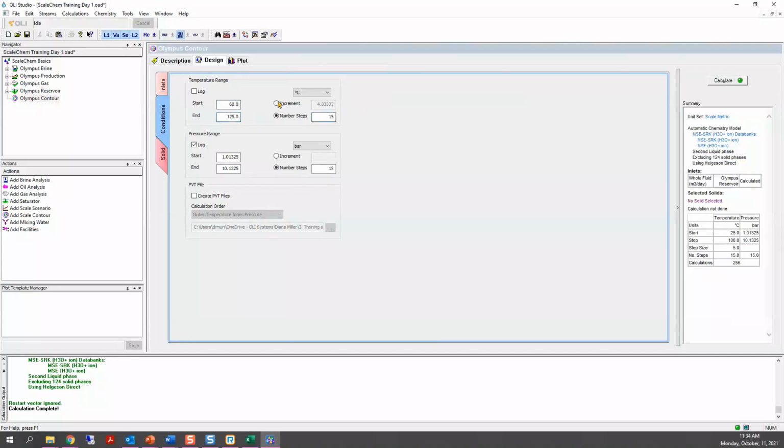Okay. You can define the number of steps or the increments. So let's say that we want to study the temperature every 5 degrees C. That means that we will calculate 13 different points.